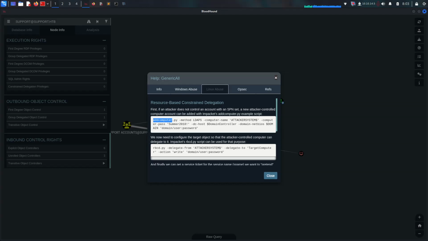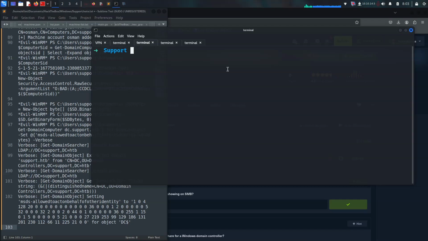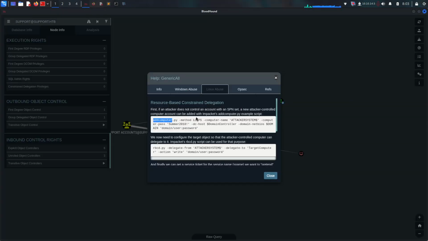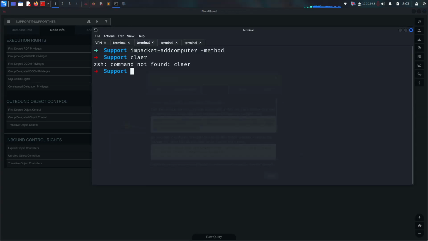Let's use it or methods on Linux abuse. So let's use it in Impacket. All right, and addcomputer. And then dash method. So we can also check here dash method. It uses LDAPS, computer name, computer password, and dash dc-host. We just need to give the domain name and password or something like that. So let's actually use it here for myself. In Impacket and addcomputer dash